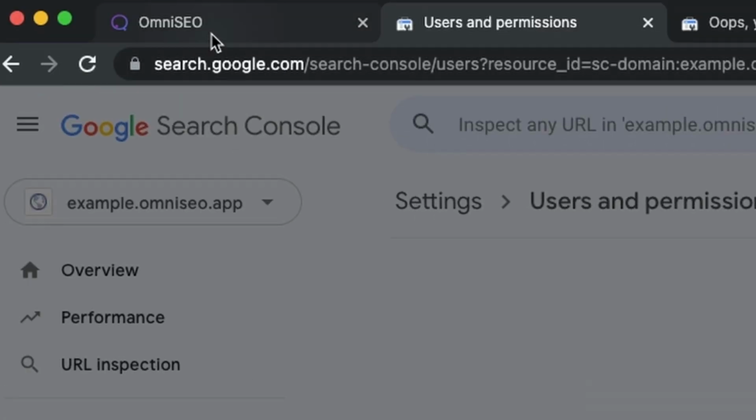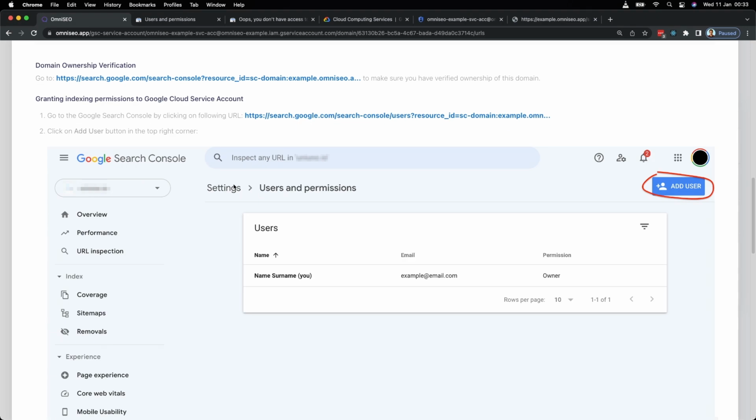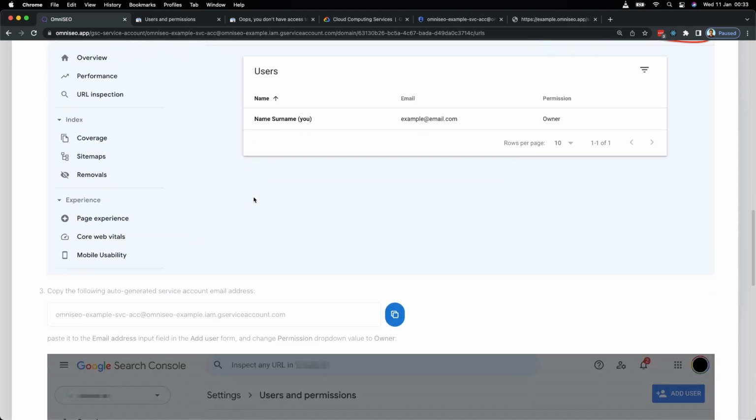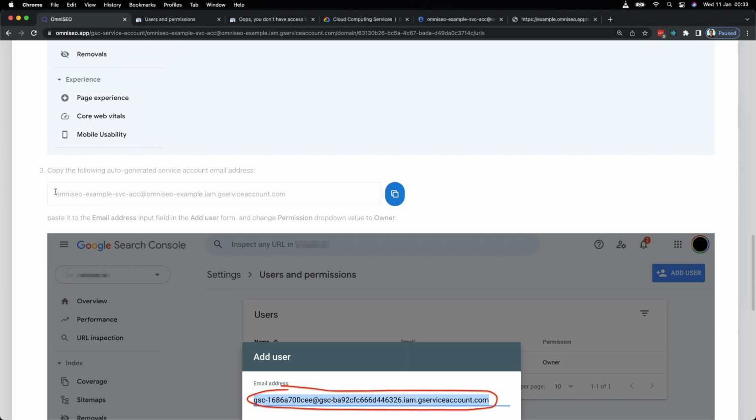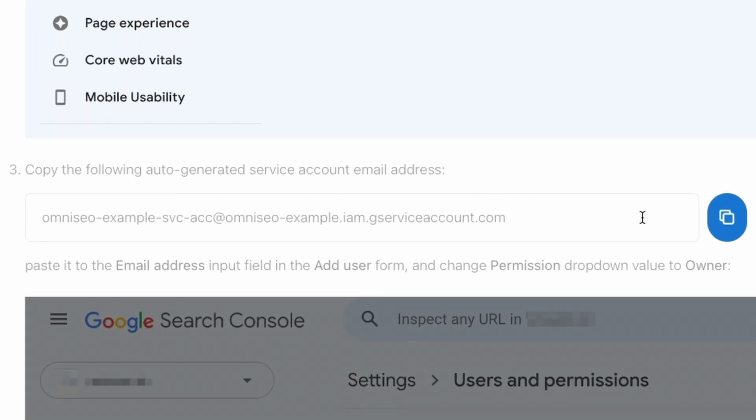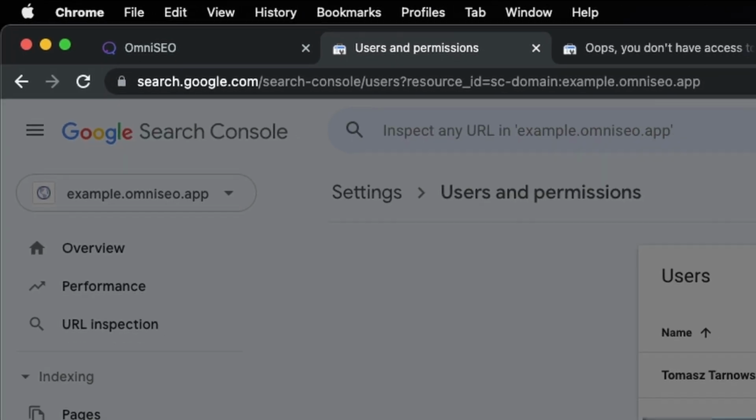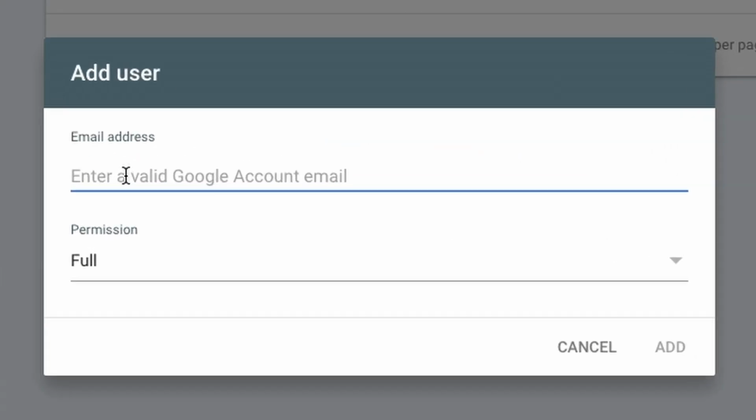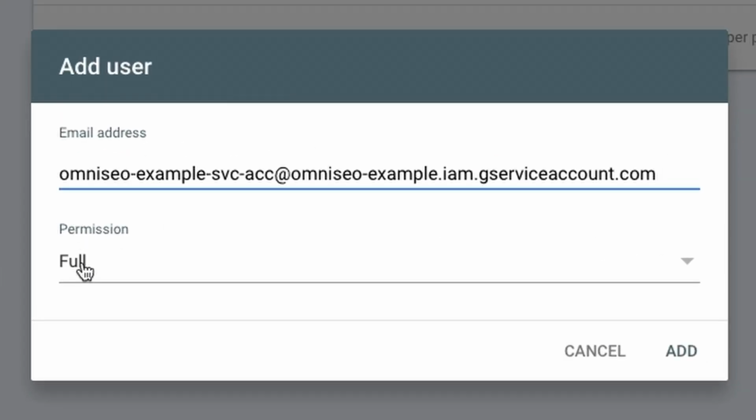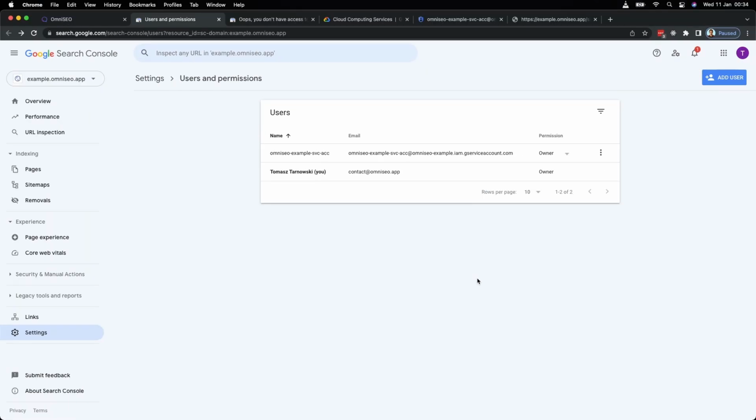So let's go back to the OmniSEO app to the instructions on granting indexing permissions, and there should be the email of the service account that I'm supposed to copy and paste into the user and permissions add user form with a permission of owner. Then I'm gonna go ahead and click on the add button. And after a few seconds, that should grant permissions for this OmniSEO example SVC service account to perform indexing API